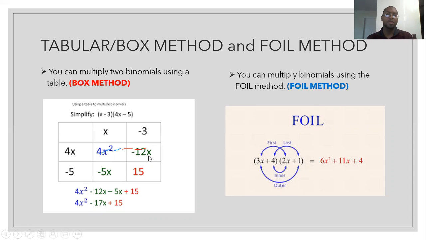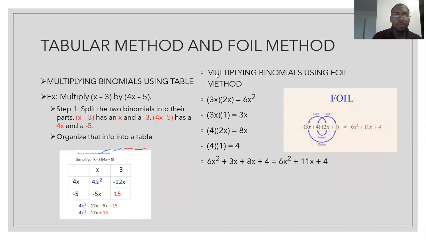That's okay. All right, box method. Basically, you put things together in a little table, or you can call it a box, or a times table, whichever you want to call it. And then you're going to multiply across. That's why I call it a times table, because you're making a table and then you're timesing stuff. I'll show you how I do that real quick. Or you can use FOIL. So let me start by working out